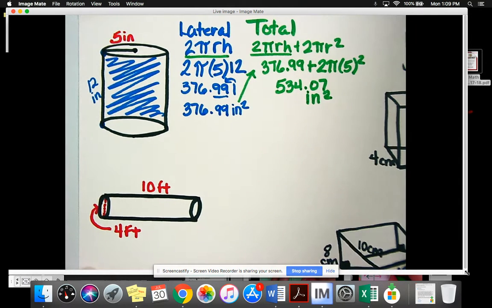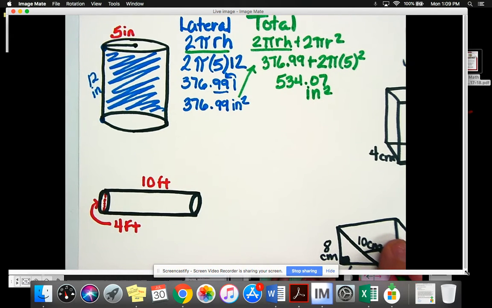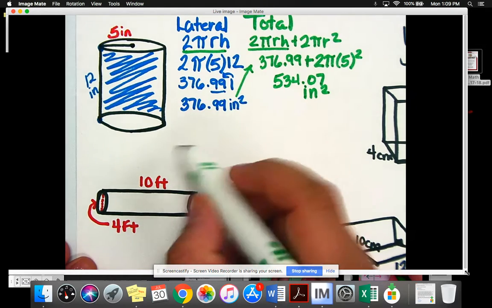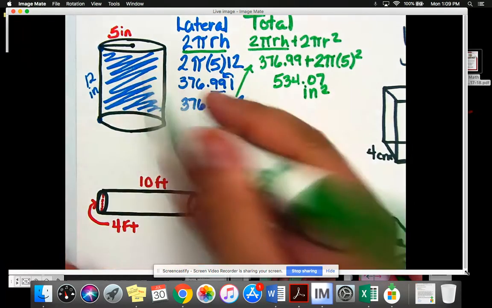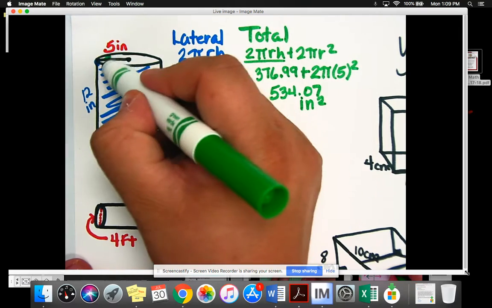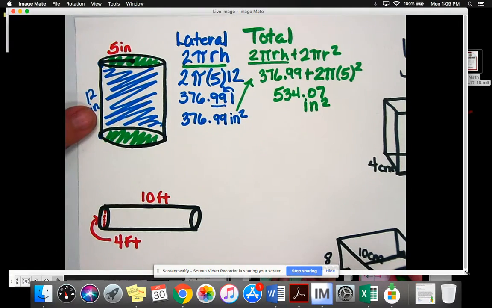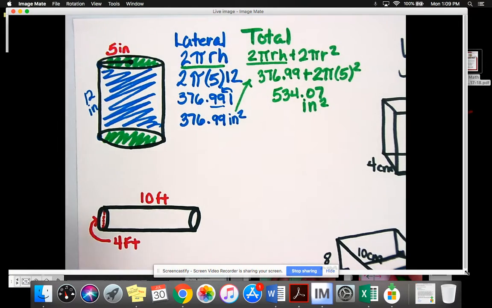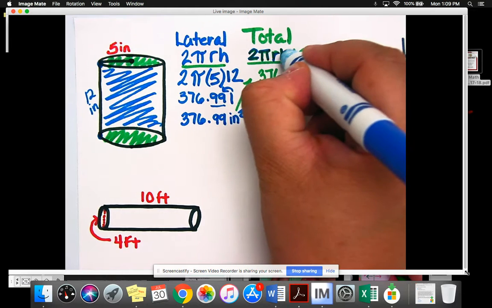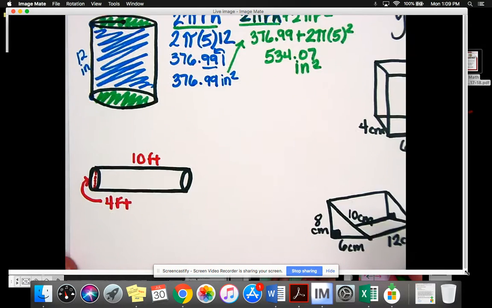The bottom one, really quick, I really don't want to go over it that much because you understand it. The only thing I'm going to tell you is look for your information. So we know in this case, let me go back up to the top one. This total also included the 2 green bases. So if you were doing lateral, you only did the blue side. If you were doing total, you did the blue, 2 pi RH, plus the green. So that'll kind of help you understand it. Well, with the one on the bottom,